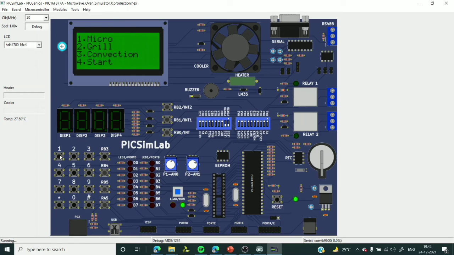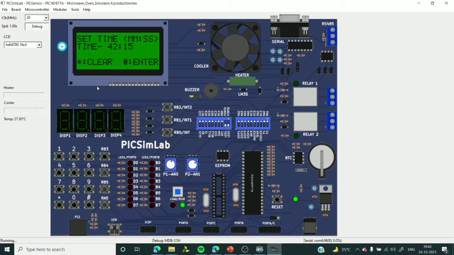Let's say that I want my oven in micro mode. So I press the key 1. After I press the key 1, we have a display telling the power consumed by the oven, which is 900 watt. Now a display occurs which is asking for our time. We can see that the second section is blinking. After we input the number of seconds we need, and we try to input the minute section, it starts blinking.